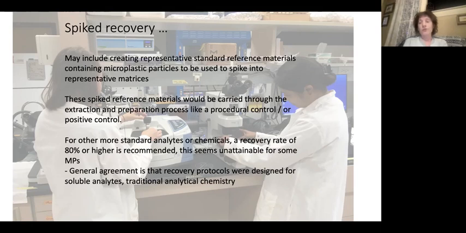Spiked reference materials could, in theory, be carried through the extraction and preparation process, which is what we did for this interlaboratory comparison. And then you want to show, ideally, a recovery rate of 80% or higher. For some microplastics, this is pretty difficult, especially for fibers, which tend to do sometimes whatever they want to do. They don't behave the same as a fragment or a sphere because they can move around and get stuck in a sieve or go through a sieve when they aren't supposed to. And so that's still something that is up for discussion when it comes to how do we best handle things